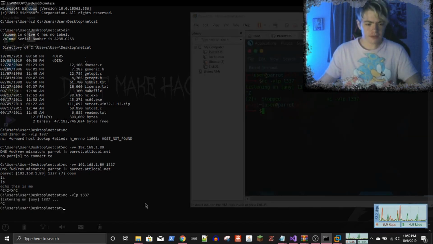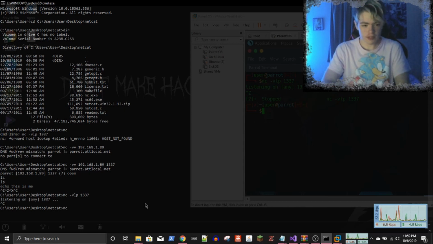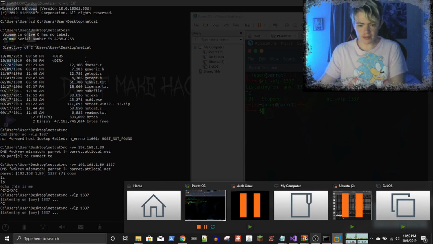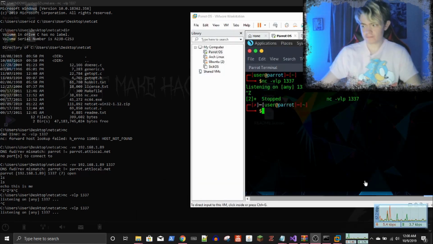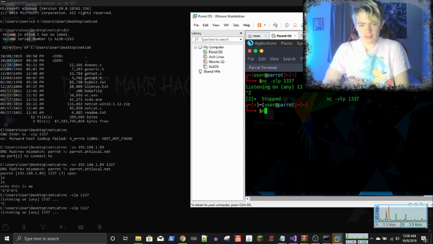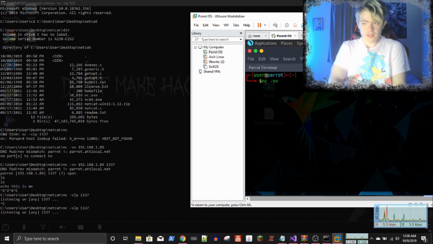I found out the reason it wasn't working. I finally got it through the firewall. So let's try to open up the port again on 1337. Linux is now listening on port 1337. And now what we need to do is go here and type netcat, let's clear the terminal, netcat -vv for verbose. We're going to verbose into the system. And then we're going to type in the IP address of Windows. I don't remember what that was. I think it was like